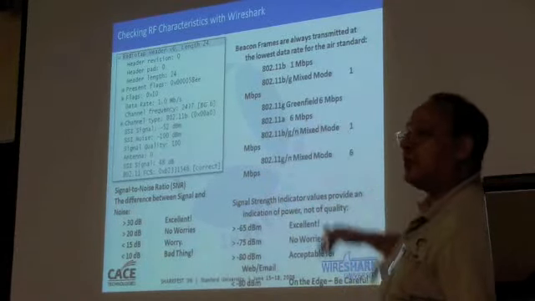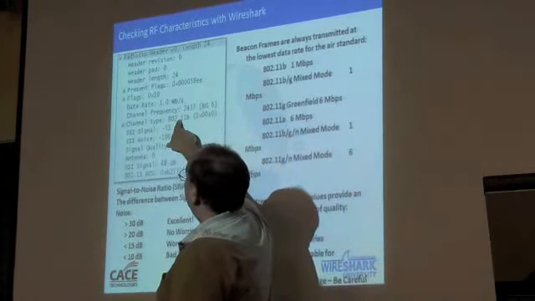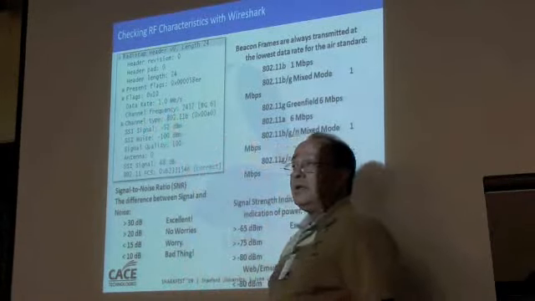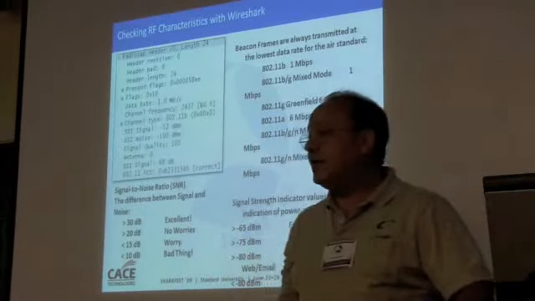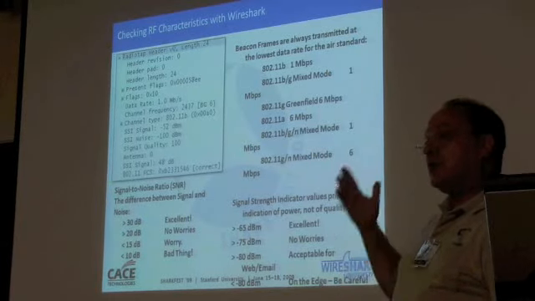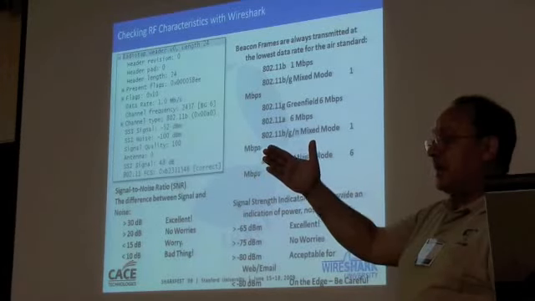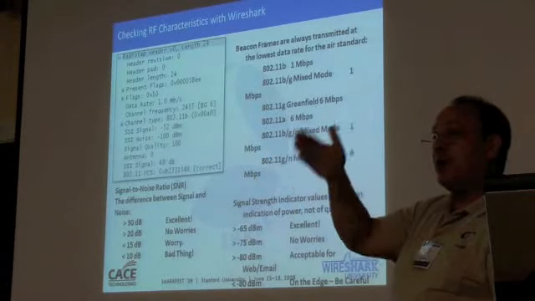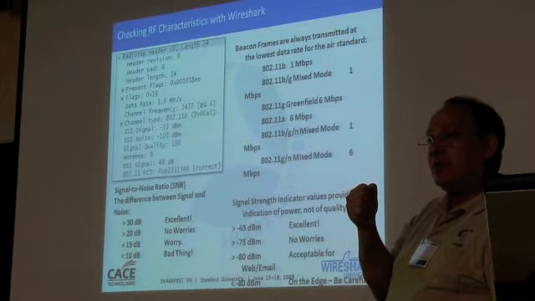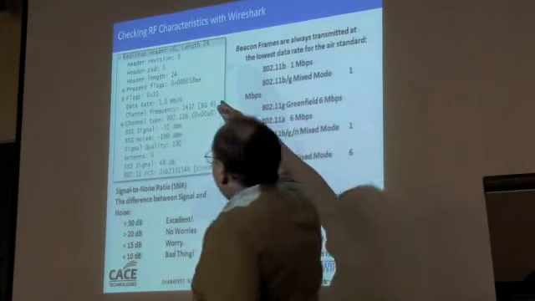So the beacon frames are always transmitted at the lowest data rate. That's why Wireshark knows this is an 802.11b channel, 1 megabit per second. Now, you could stipulate in the configuration of the access point that connectivity would not be allowed below 6 megabits per second. What that would mean is, as a client moved away from the access point, they would be dropped more quickly. They wouldn't hold on down to 1 megabit per second. But nonetheless, the beacon frames are still going to be 1 megabit per second.